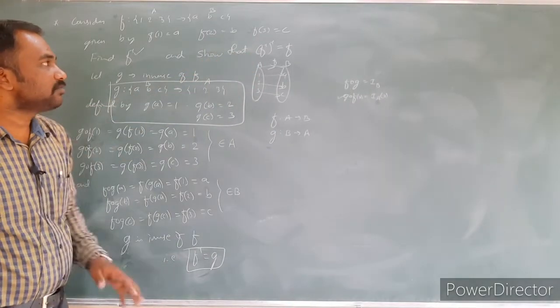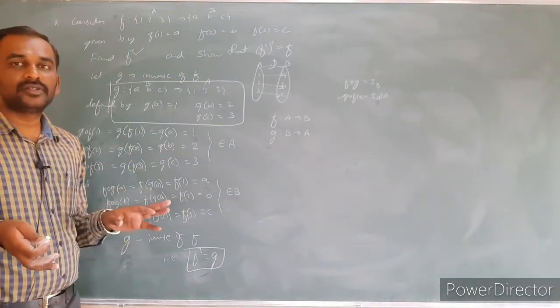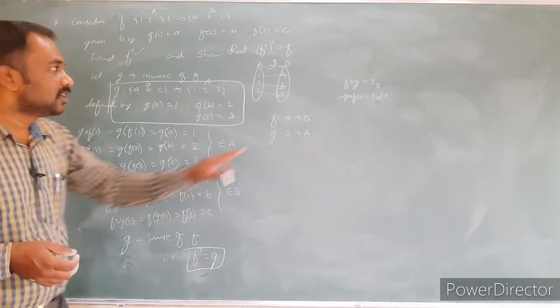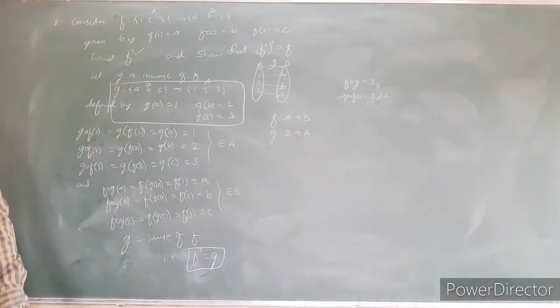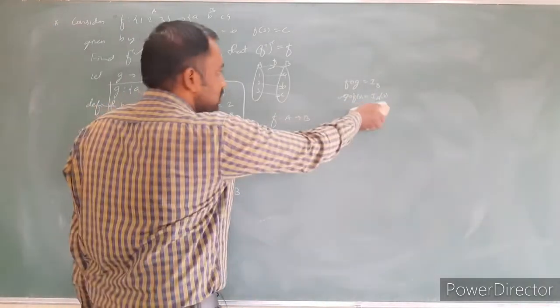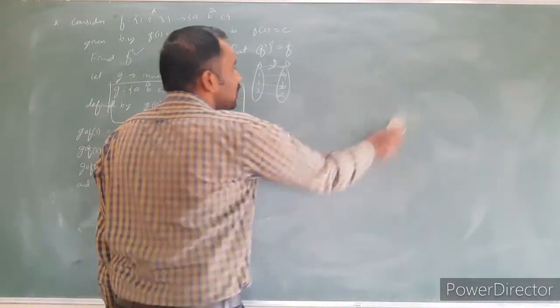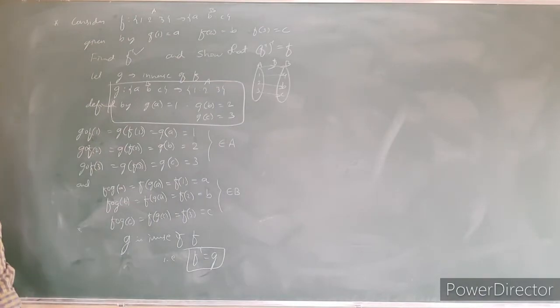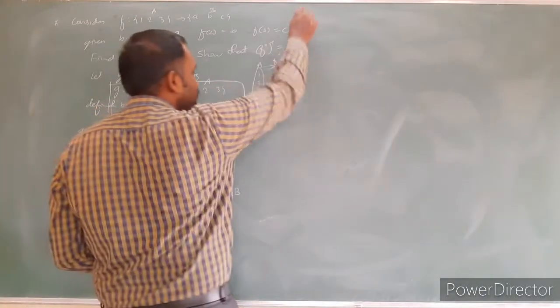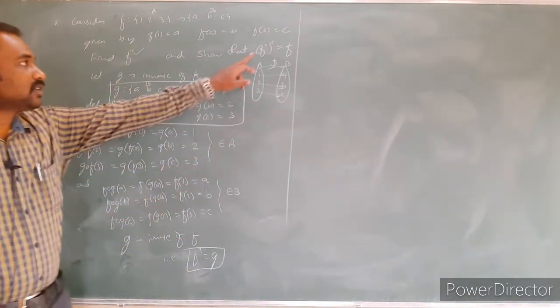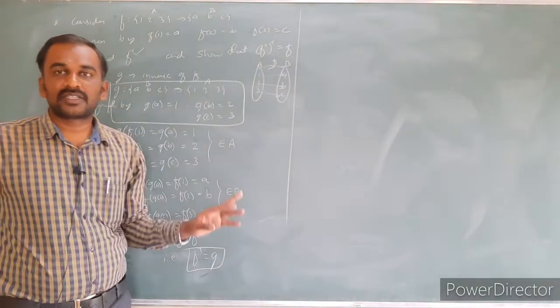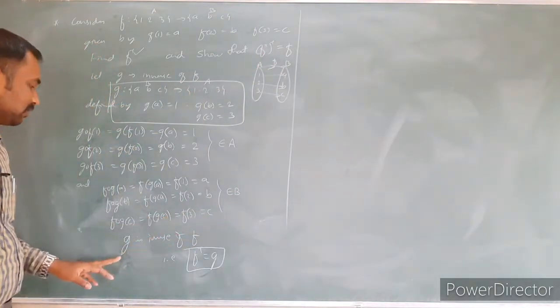Show that F inverse, that whole inverse, is equal to F only. I need to get it. Remember this definition. You just try at the side, you just mention it. Now, I just rub this one. Now, next thing, what we need to find? We need to find that the inverse of F, that whole inverse, is equal to F.